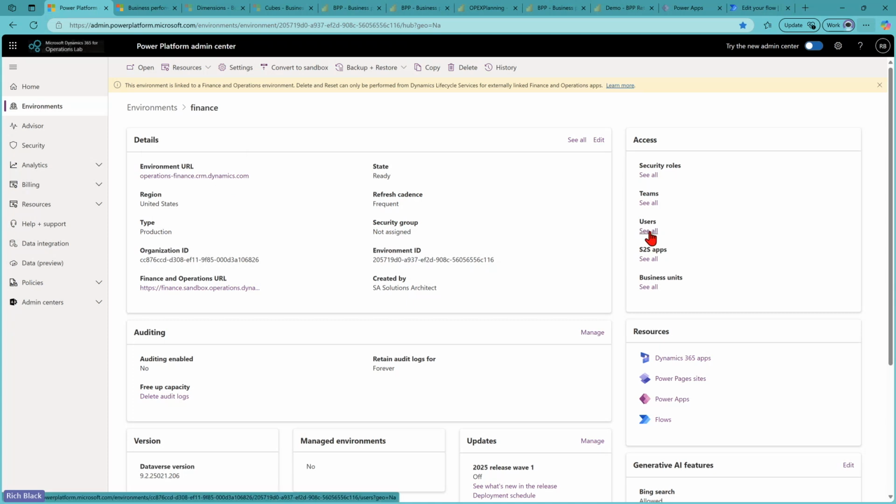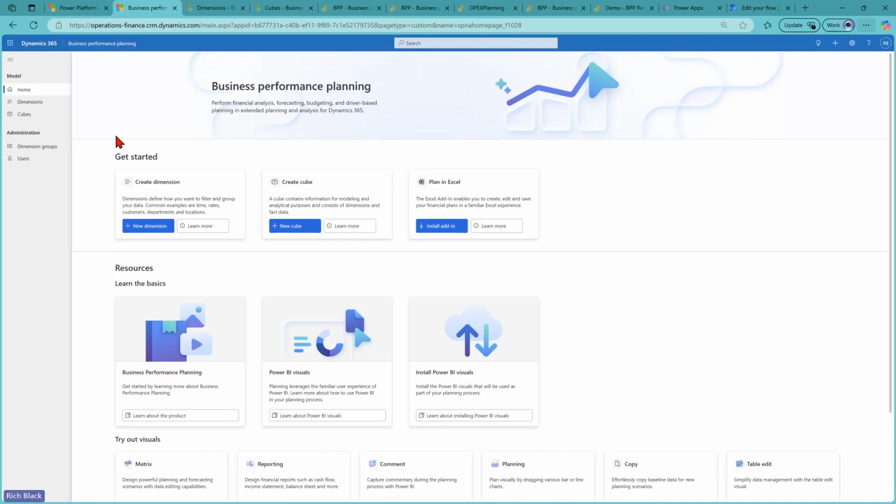This is where our role-based security is assigned that determine which actions a user can take in our Dynamics application, such as being a business performance planning administrator or a power user or a plan contributor or limited contributor. Once we've installed and deployed our application, we can launch it and see that Canvas application again, where we